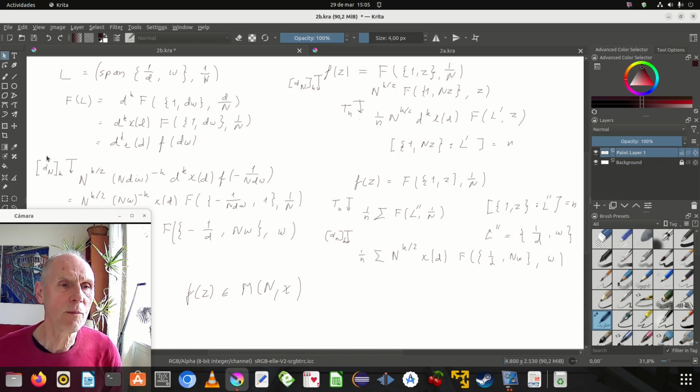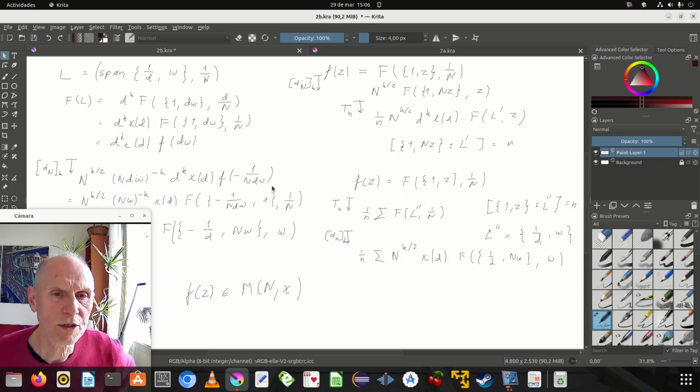Now we are ready to operate with alpha n of weight k. First the determinant of the matrix to k halves, and then n times the z value to the minus kth, d to the kth chi of d, and then we